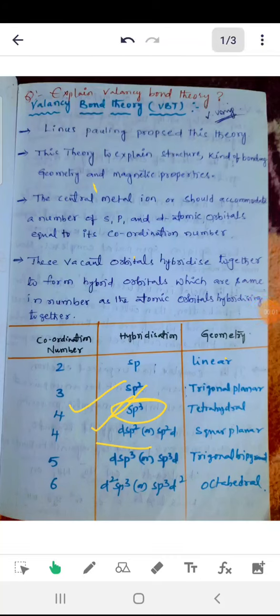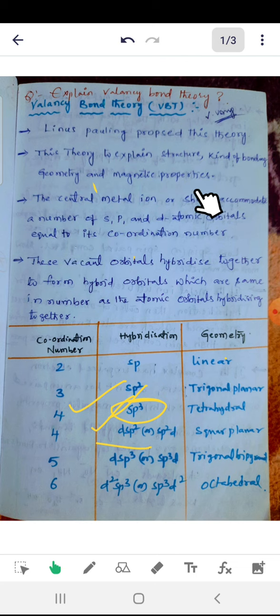I would like to explain the valence bond theory. This is for fourth semester degree students. The topic is coordination chemistry: valence bond theory, proposed by Linus Pauling. This theory explains structure, kind of bonding,